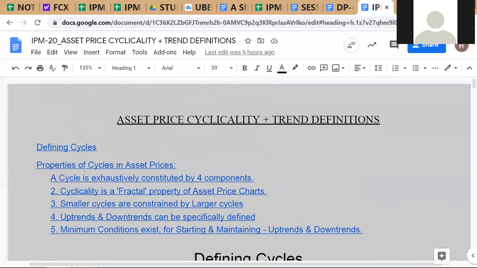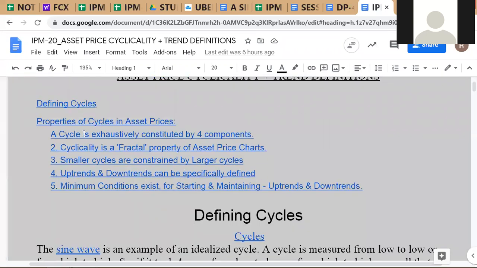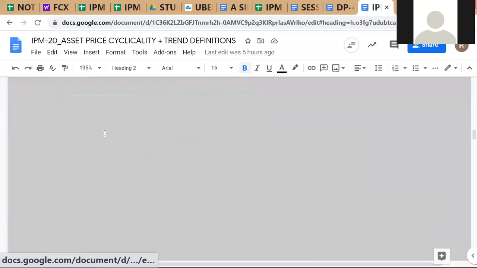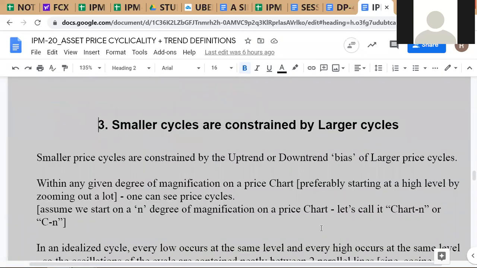Right, so now I've made this, this is a very cool feature where you can have these hyperlinks to the chapter headings. You can just click here and go to the chapter heading. So we were actually here. Okay, we were in this smaller cycles constrained by larger cycles. I've explained it, but I'm just going to explain it one more time so that we understand. So again,